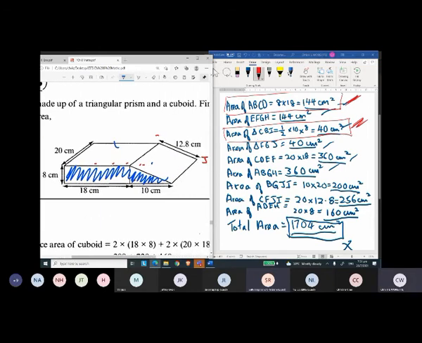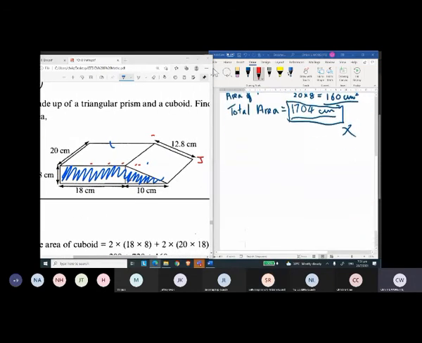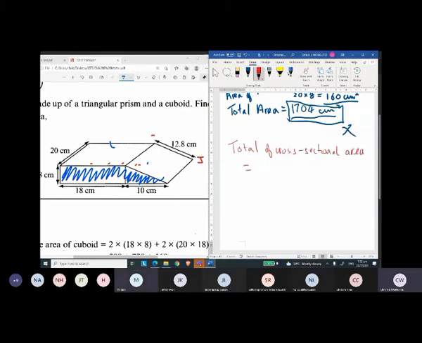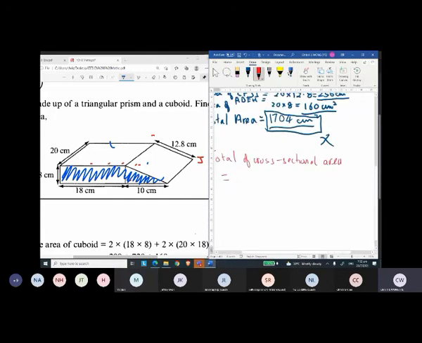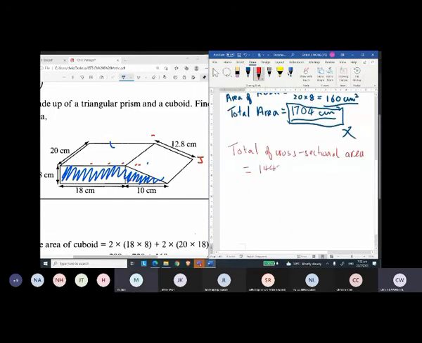So if you are asked to write, let's say for example, like Siva mentioned, how to write? Just say total cross-sectional area. Remember just now, Manjula asked me, right? What is this cross-sectional area? Can you remember? Manjula, you asked me this question, right? So you just say total cross-sectional area is equal to 144 plus 40, equals to